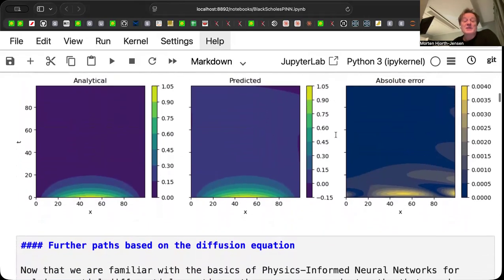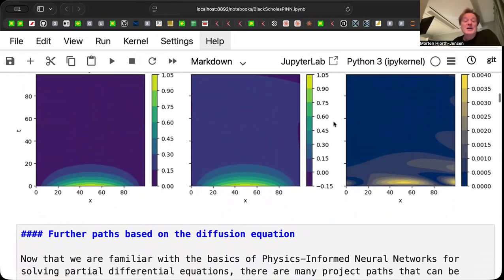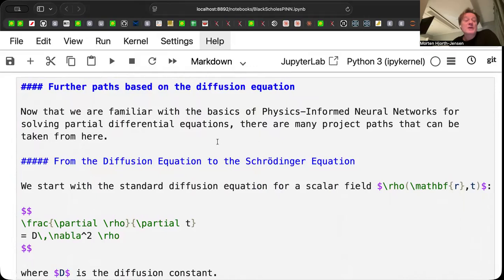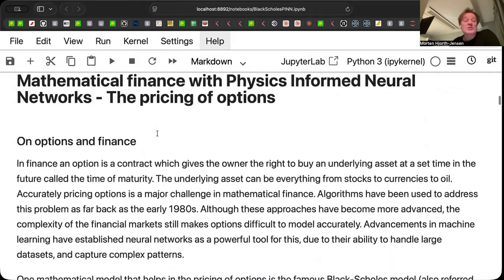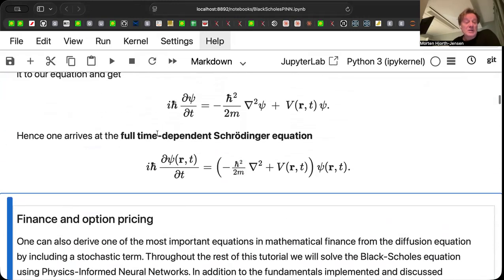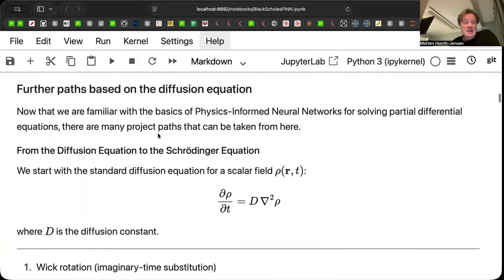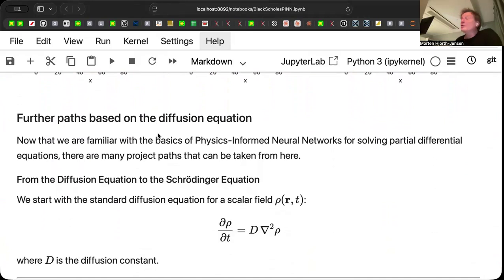And you can see now that the solution is actually having quite small errors here. If you now look at the further paths of the diffusion equation, what you could do after this simple demonstration is... I actually went a little bit too fast here. So one thing you could do, if you want to solve quantum mechanical problems, is to realize that the diffusion